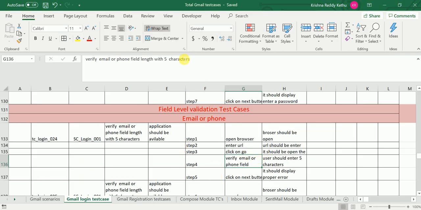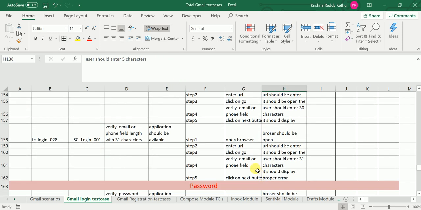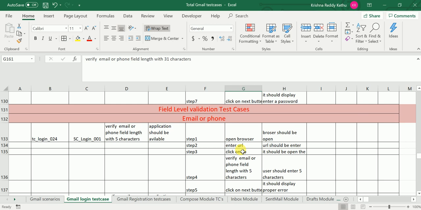See here, this is for example 6 to 20 characters. One minute, 6 to 30 characters it should allow. Let me assume email, 6 to 30 characters it should allow. Now tell me the test cases. 6 to 30 means minimum is 6, maximum is 30. So minimum minus 1 is 5, minimum 6, minimum plus 1 is 7. Similarly maximum minus 1 is 29, maximum 30, maximum plus 1 is 31.